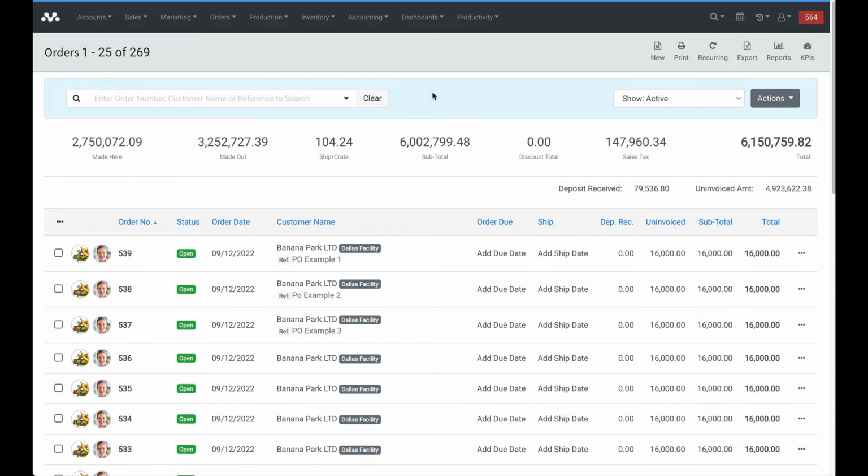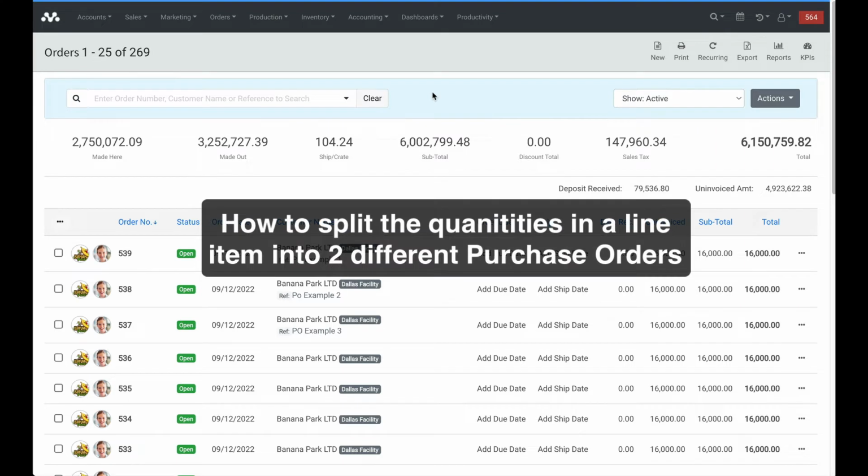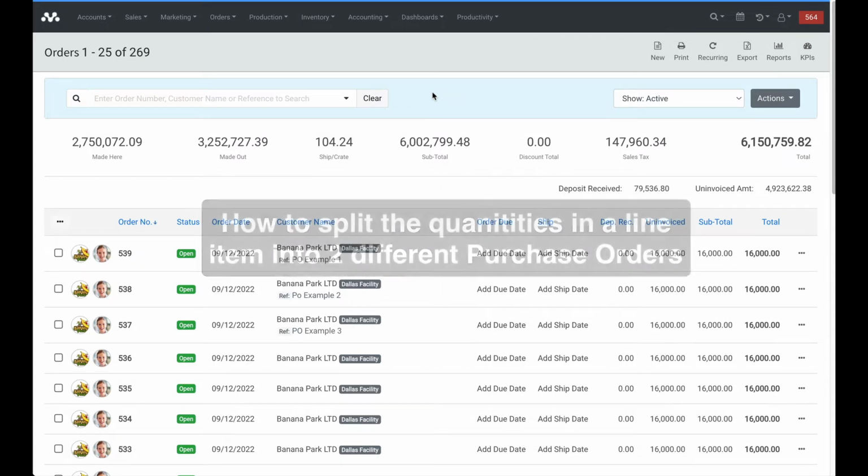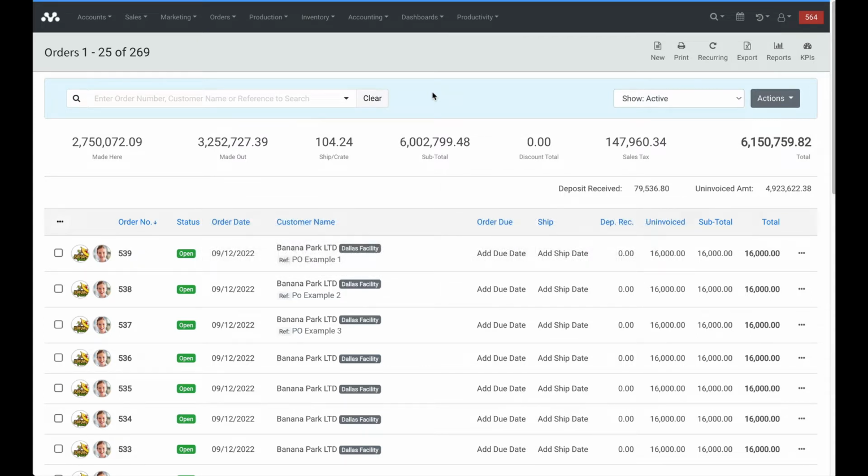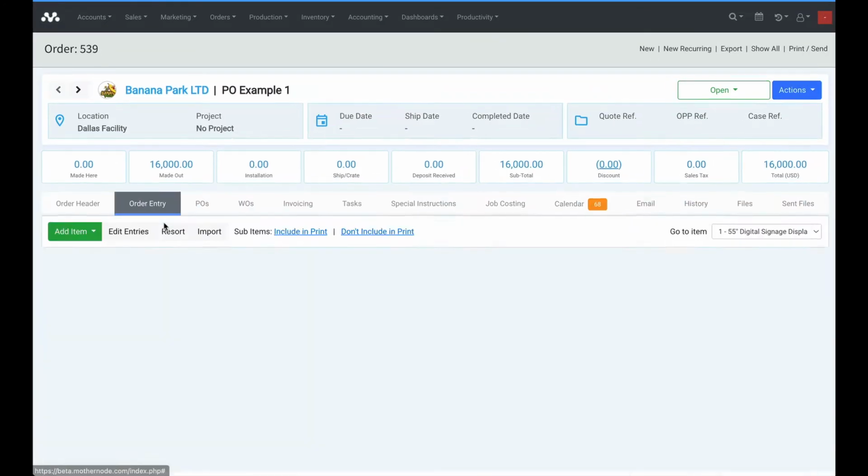And in the final exercise, we're going to show what we call fractional line item ordering. In this case, we're going to be taking a single line item and splitting the quantities up between 2 different vendors. So let's get started. All right, in my first example over here, you can see that in my order entry